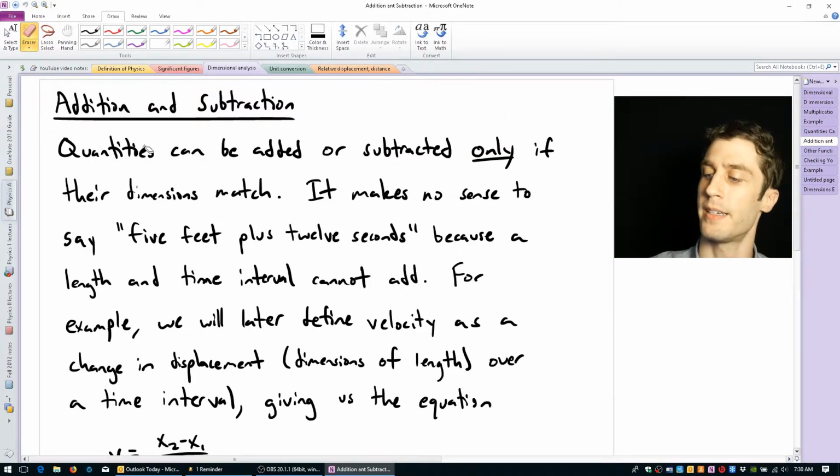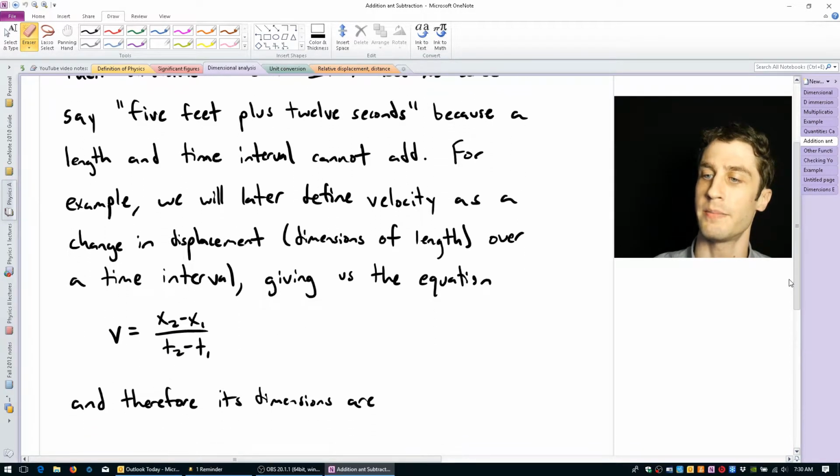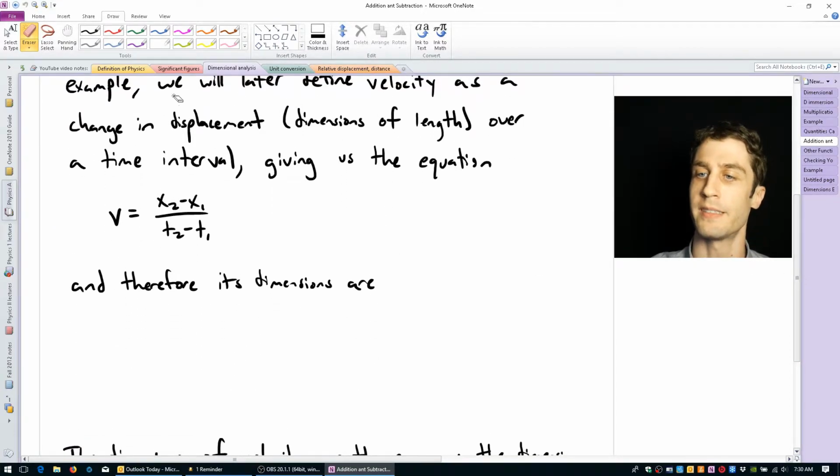We'll talk about addition and subtraction. Quantities can be added or subtracted only if their dimensions match. So it makes no sense to say 5 feet plus 12 seconds. You can't add a length and a time interval. That doesn't make any sense. For example, we will later define velocity as the change in displacement, which has dimensions of length, over a time interval, and that'll give us the equation v equals x2 minus x1 over t2 minus t1. So its dimensions are,